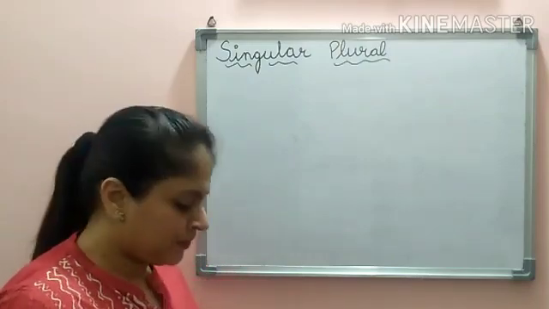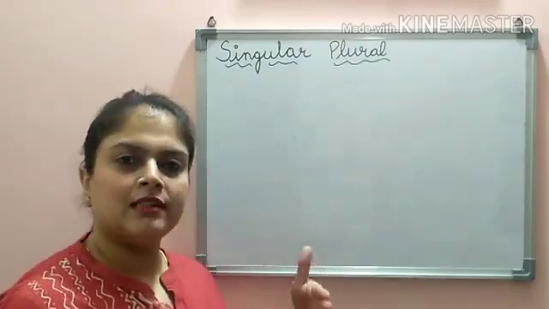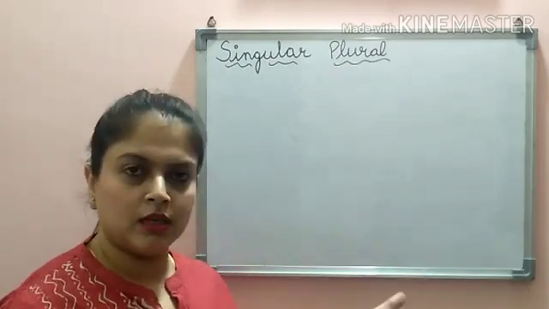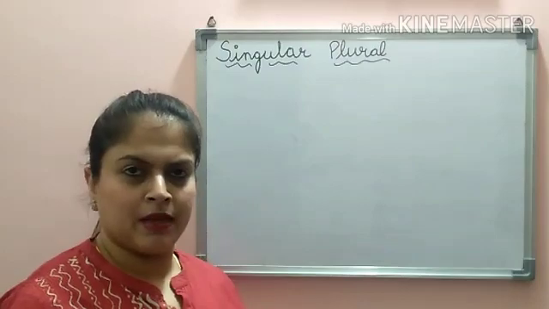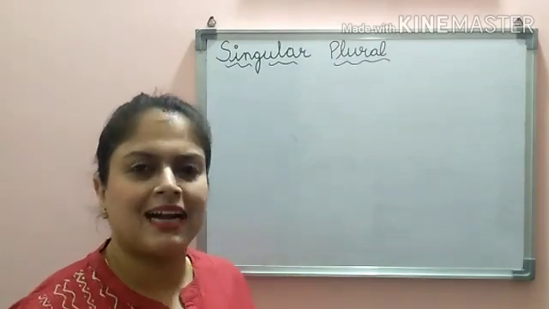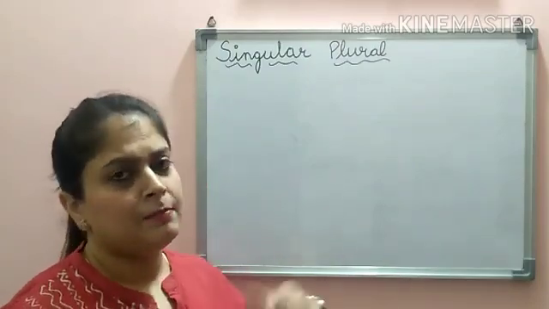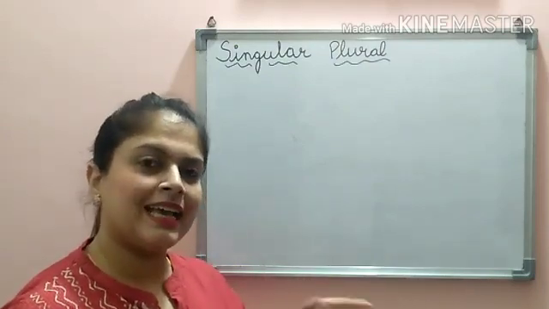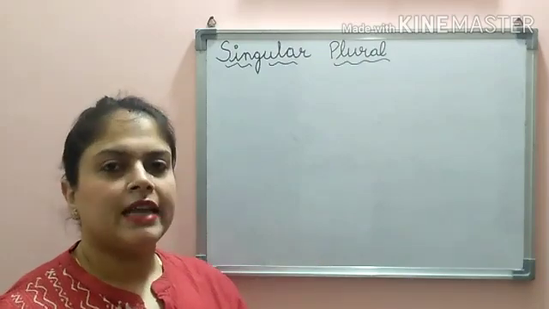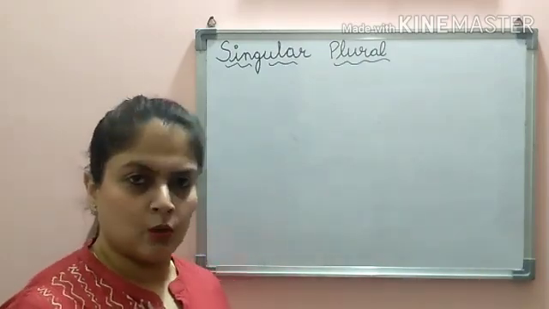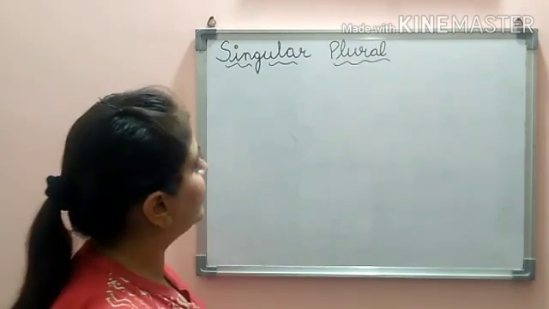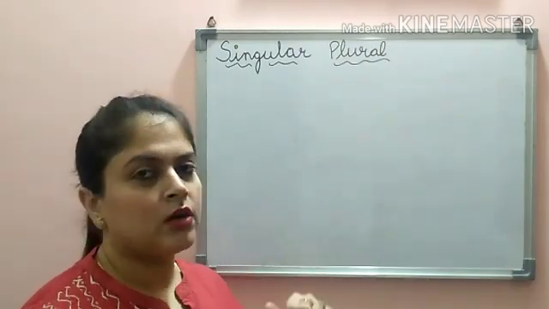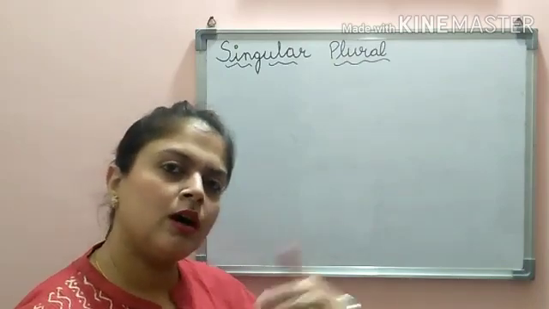Now, let me start. In my previous video, I told you that the very simple naming words can be converted to plural words by just adding s to them. As cat will become cats by adding s, pen, pens, pencil, pencils. And I told you about the es, how es is added to singular naming words and they are converted into the plural ones. Now the topic is singular and plural. Now I am going to take the other three rules for converting a singular noun to a plural noun.